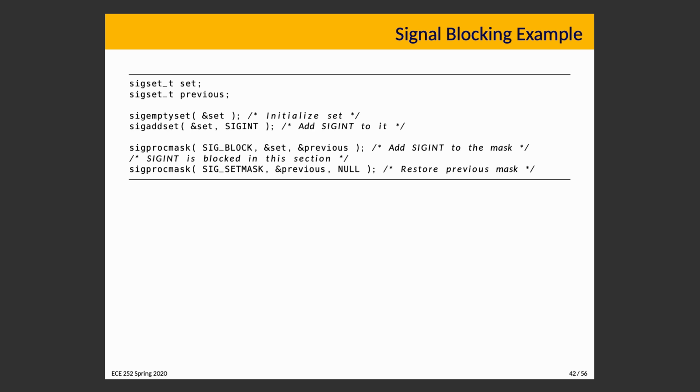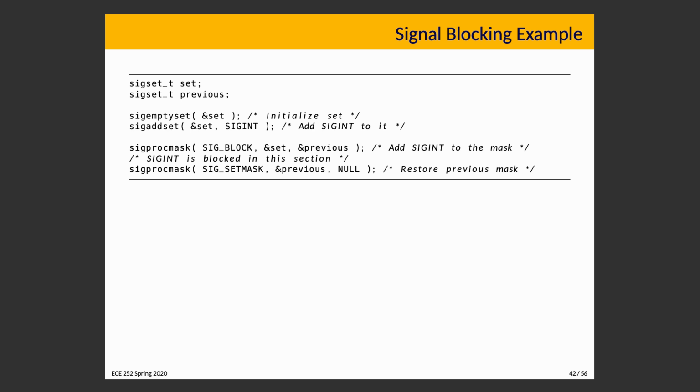And one of the things to watch out for actually is it is operating system dependent. If the same signal is sent more than once while that signal is blocked, it might be delivered only once, depending on your operating system implementation. But if it's SIGINT, we probably expect it was meant to be delivered only once anyway, so it might be okay. But in this section, however long it is, if a SIGINT occurs, it is pending until such time as SIGINT is unblocked, and that happens here with the